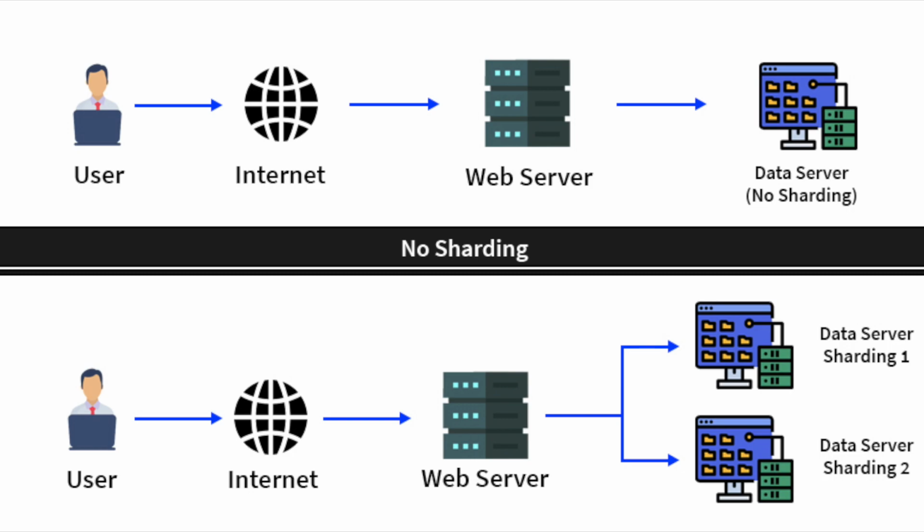The sharding process typically involves choosing a shard key which determines how data is distributed among the different shards. Sharding can provide several benefits for software engineering systems design, including improved scalability, performance, and fault tolerance. By dividing a large database into smaller pieces, sharding can improve query performance by reducing the amount of data that needs to be searched. Sharding can also improve fault tolerance as a failure in one shard does not affect the